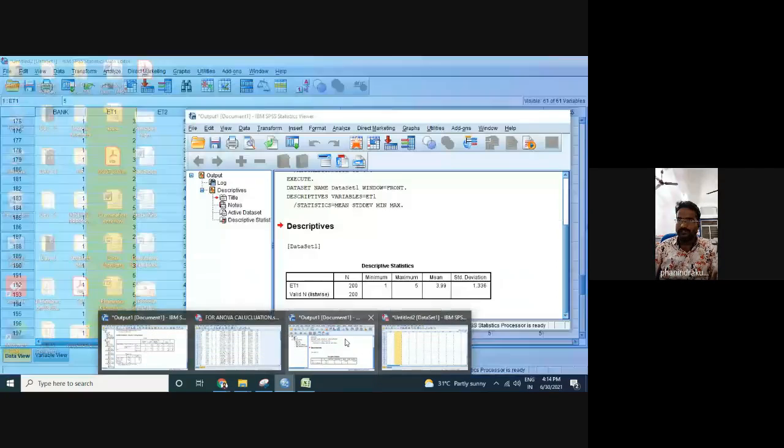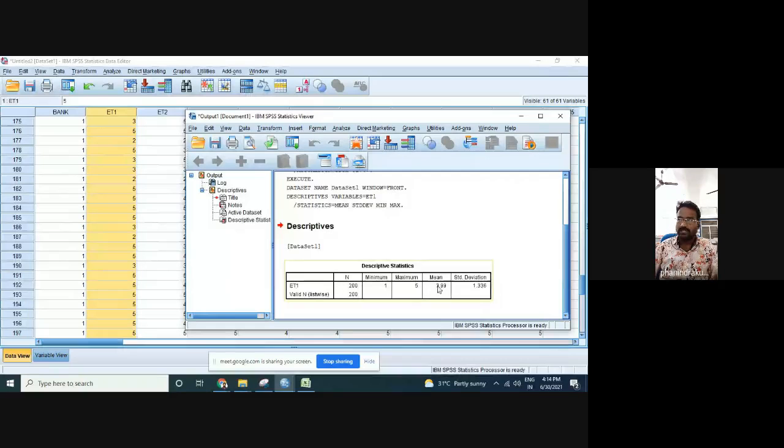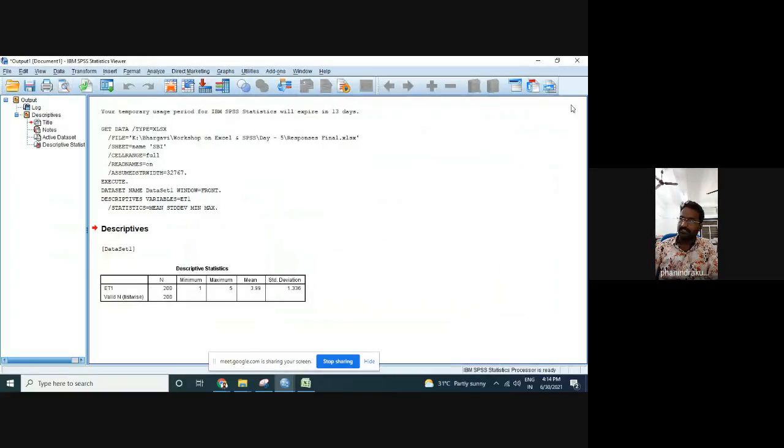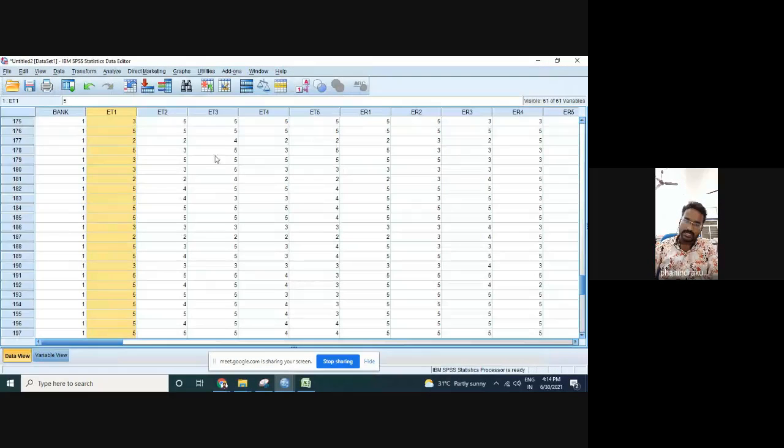Either the 1 or 5 is the output we are going to get. And the mean value, it means when you sum all the numbers divided by 200, you will get around the mean, that is 3.99. And the standard deviation, we'll have a proper formula for standard deviation, and we'll calculate the things also for standard deviation. And that's what we are going to get only in the form of descriptives.